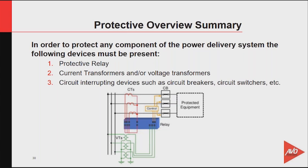So in the case of this relay, you can see 3 CTs on A phase, B phase, and C phase feeding into the relay plus ground. Then you have 3 voltage transformer inputs into the relay. If the current and or voltage exceeds the settings of the relay, then the relay will issue a trip signal